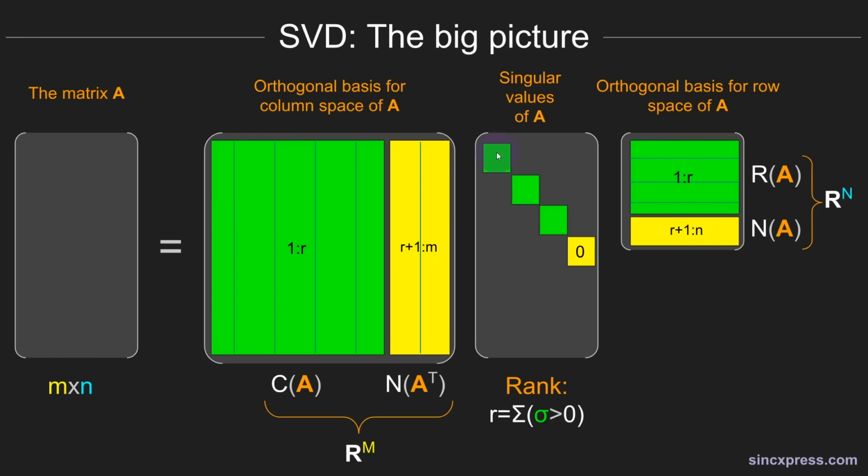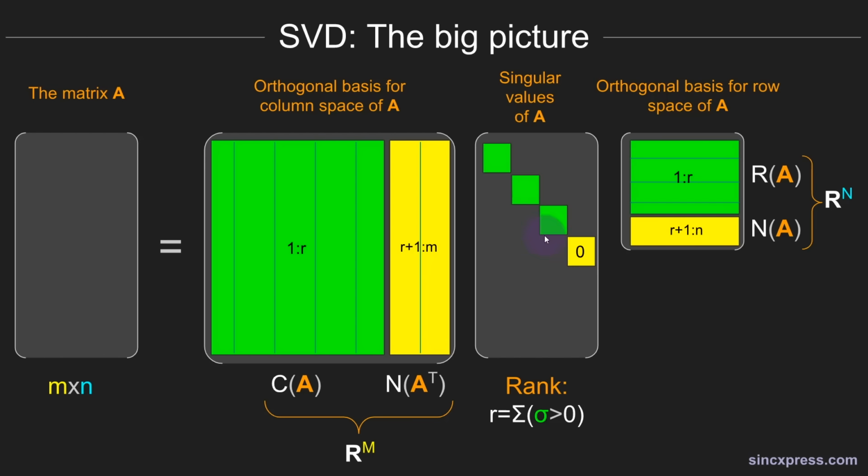Furthermore, these singular values are sorted from largest to smallest. And in fact, some of them will be 0. Any vectors that are associated with a singular value of 0 are in what's called the null space of the matrix. If the matrix is full rank, then there is no null space. And if the matrix is reduced rank, then there is a null space,